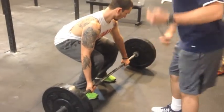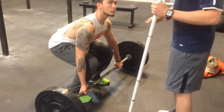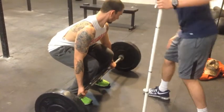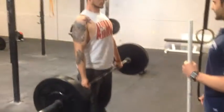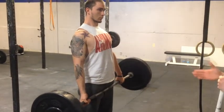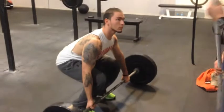So instead of sticking your hips out right away, you want to go ahead in one motion, just like that. Okay, I bring it back down. Now in relation to